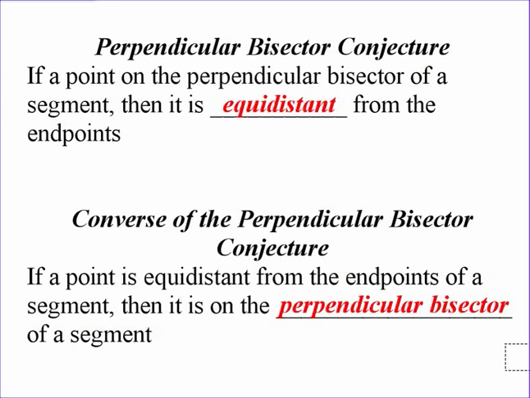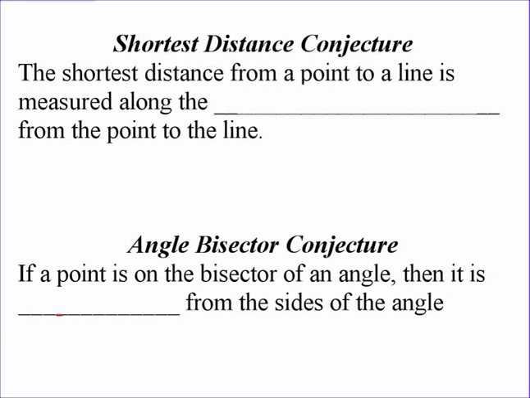Okay, so we have a third conjecture. Our third conjecture: the shortest distance from a point to a line is measured along the perpendicular segment from the point to the line. So basically, if you want to abbreviate, you could put an upside down T for perpendicular and then put segment. Basically what that's saying is if you want to draw the shortest distance to a line,